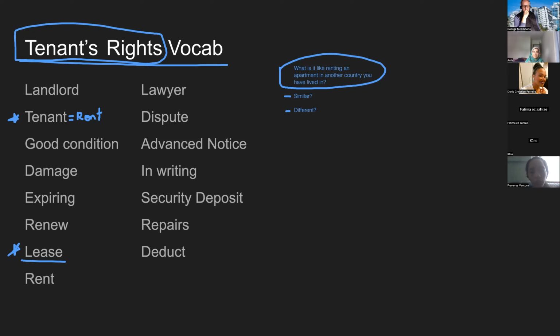In my country, teacher, it is cheaper than here. My country is the DR, right? Yes, the Dominican Republic. I think it's common in my country that people have their own house, but now the new generations maybe don't, and it depends on